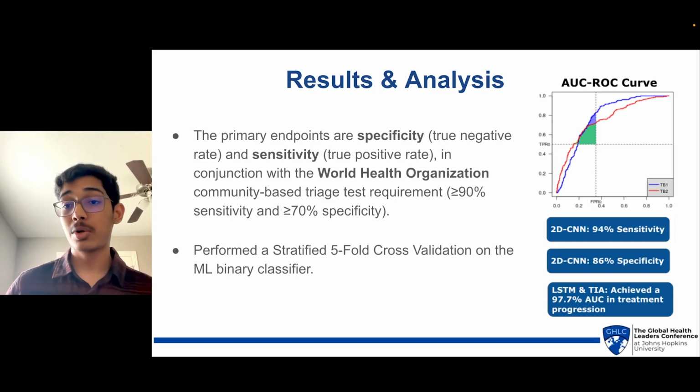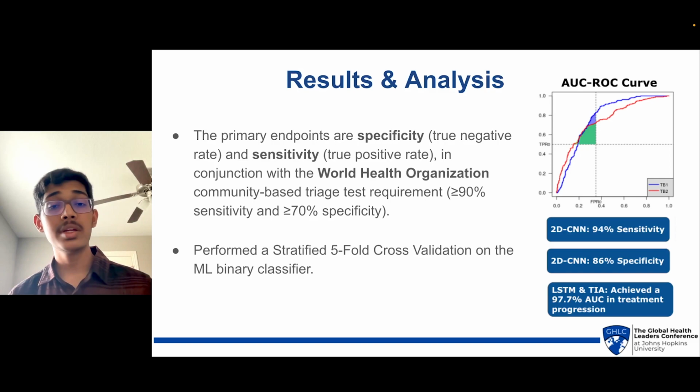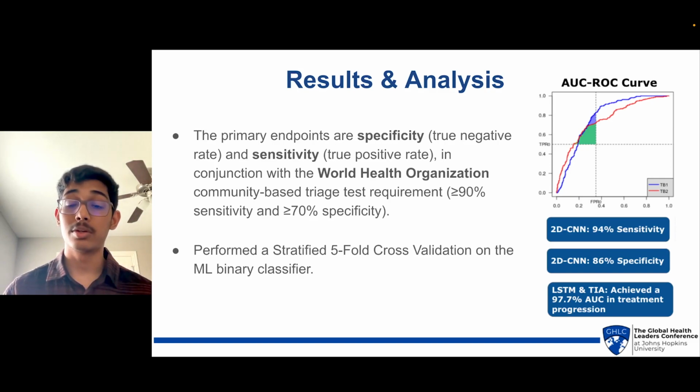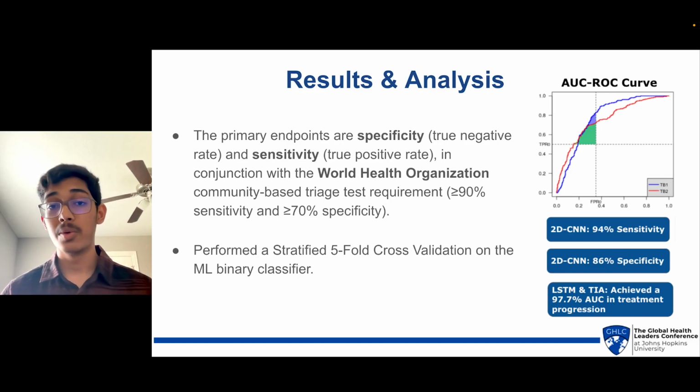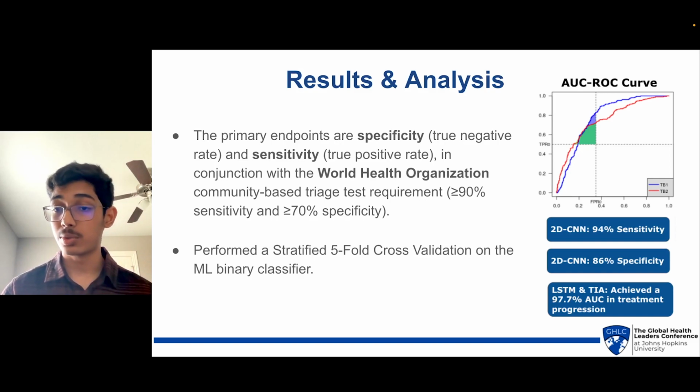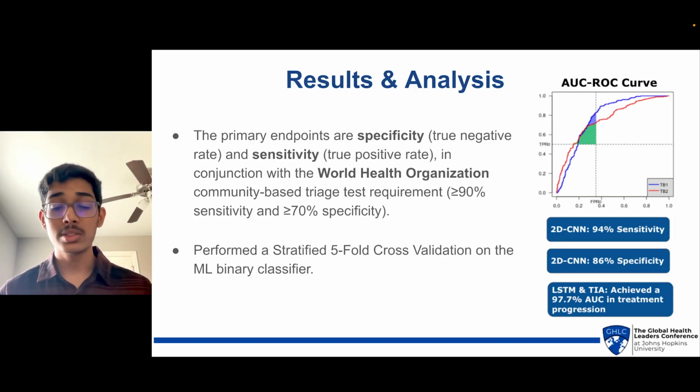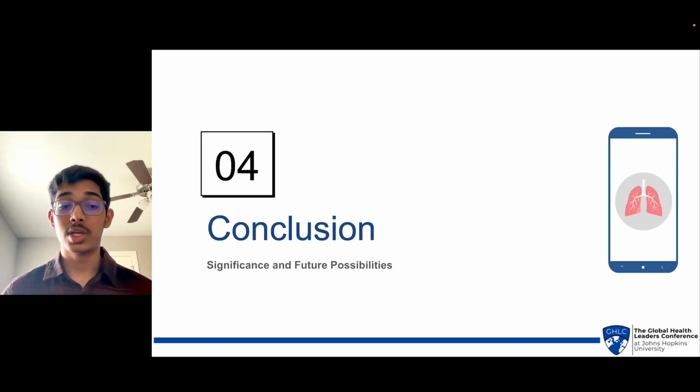For the predictive monitoring system, I utilized the area under the receiver operating characteristic curve, which provides the true positive rate and false positive rate with a varying degree in the threshold. Furthermore, I performed a stratified 5-fold cross-validation, which ensures that the ratio between TB positive and negative individuals is the same in each fold. So in the conclusion, I would like to discuss the significance and future possibilities of the